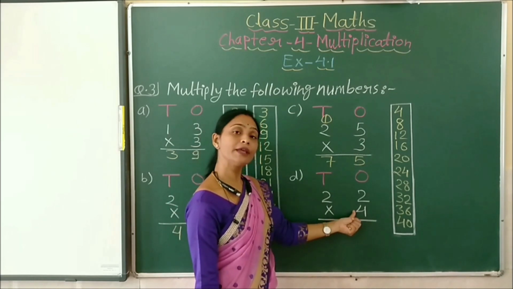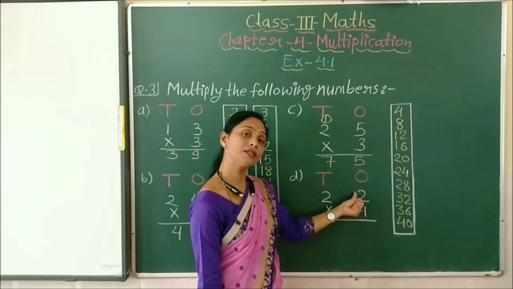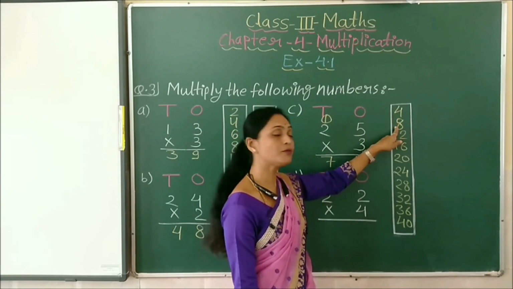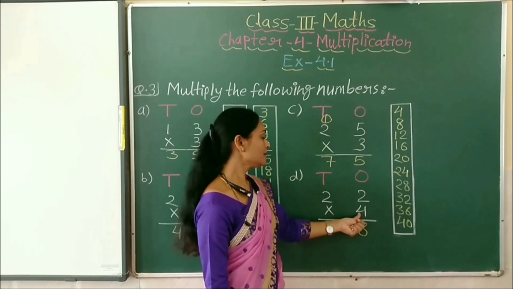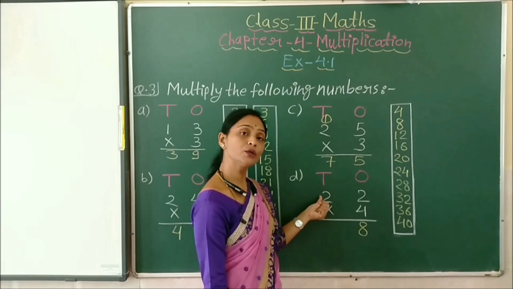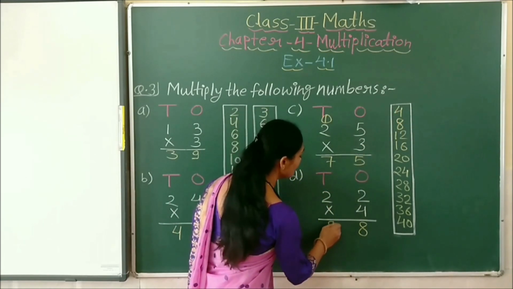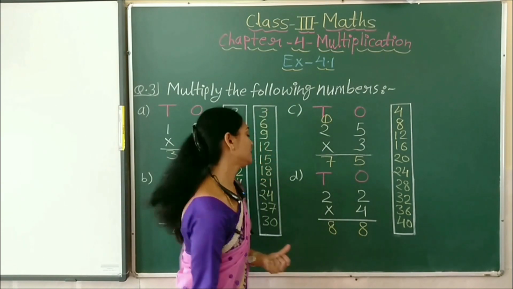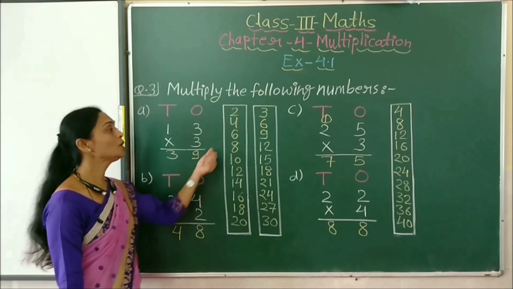So 4's table we have to remember. This 4's table I have written here. Now we have to multiply 4 with 2 first. So 4's table 2 times we will read. 4 ones are 4 and 4 twos are 8. So here we got 8, and then again we have to multiply this 4 with this one. So here again we got 2. So again we read 4's table 2 times. We will get again 8. So which number did we get? See, we got 88. Now see, all 4 questions we have solved very easily if we know tables.